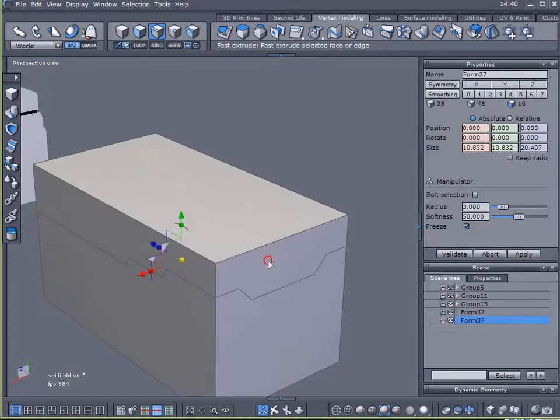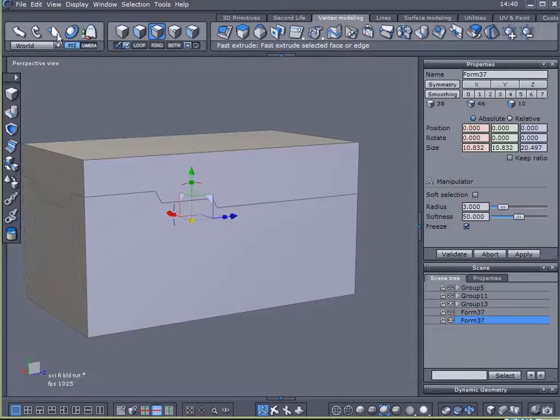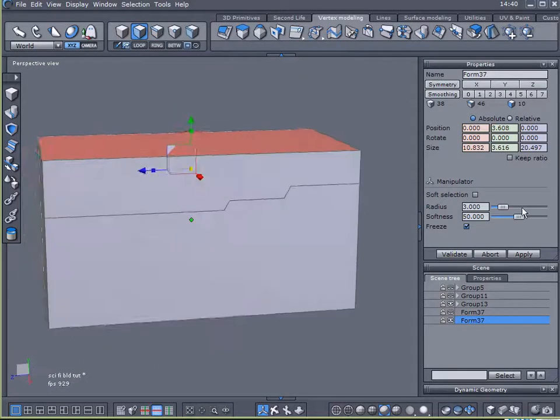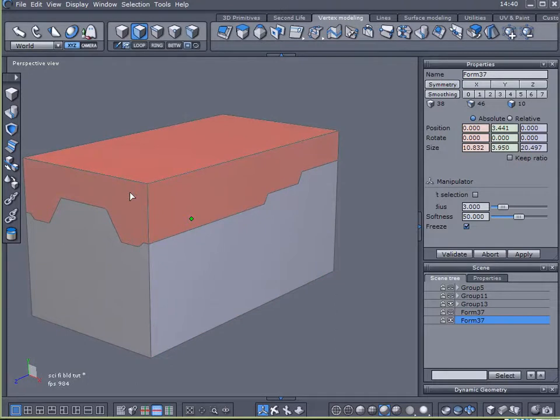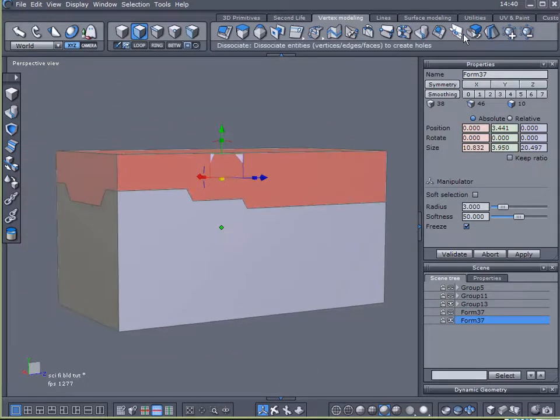I don't want to hit the delete. I want to hit the backspace key. Now I've got a nice symmetrical model. What I want to do now is select these front faces here and the sides and the back of only this top piece, because we're going to separate it,